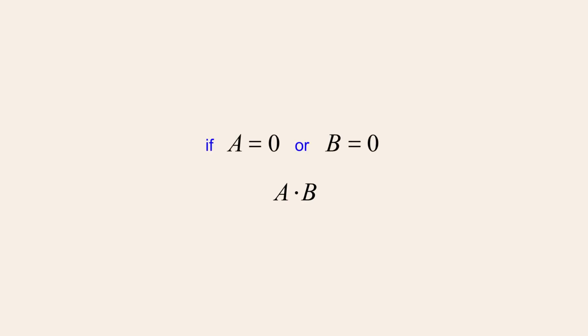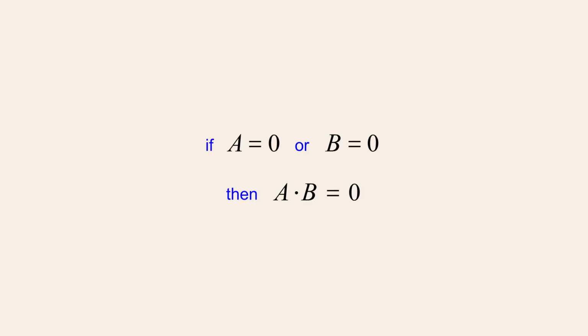Let's say that we have a number or expression which is the product of two or more factors. For example, let's assume that the product is composed of two factors which we will call a and b. The zero product property states that if any factor is equal to 0, then the product of those factors must also be 0.